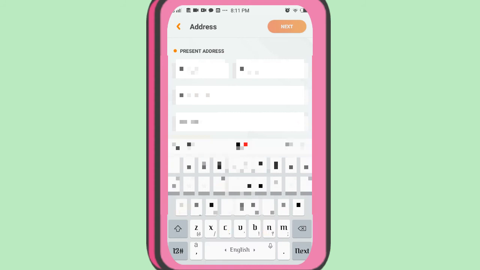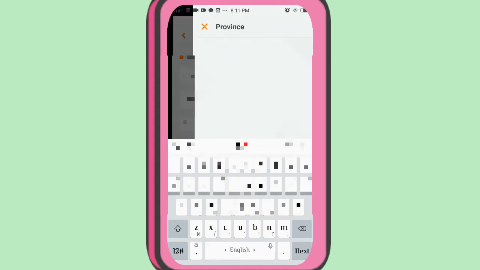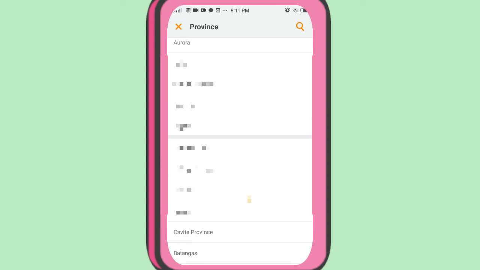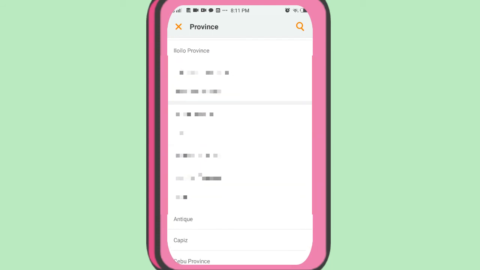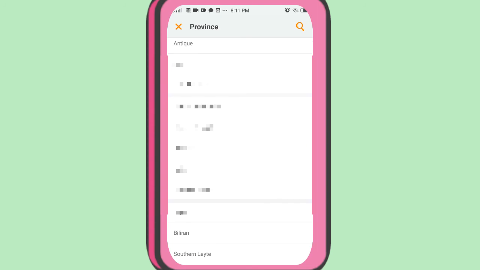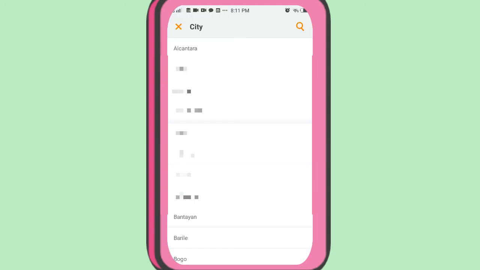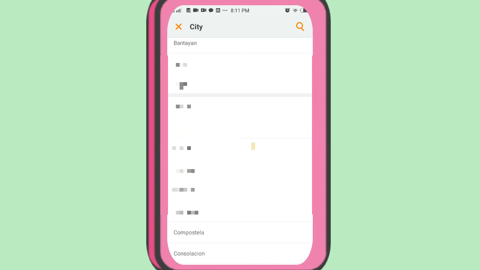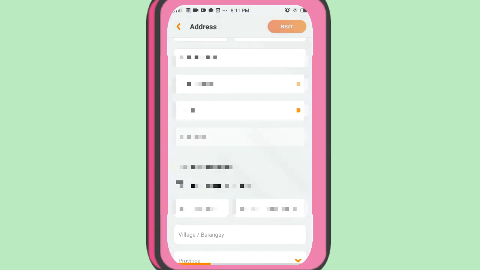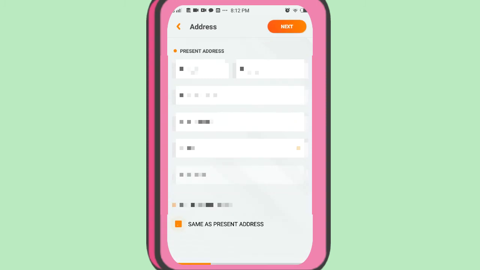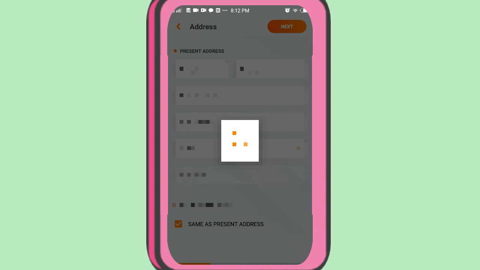Same sila dapat ng address. Ayan, pagkatapos ma-fill up yun, so next lang, and then